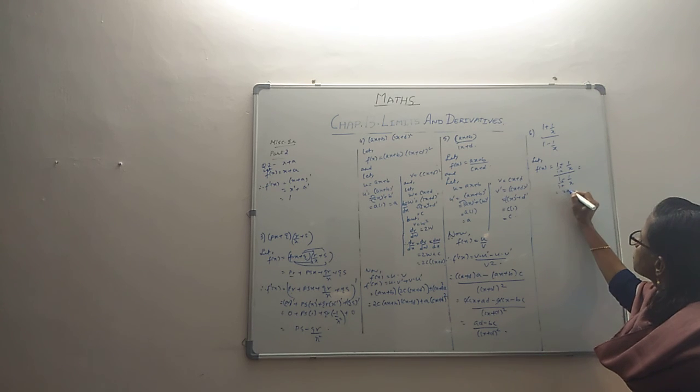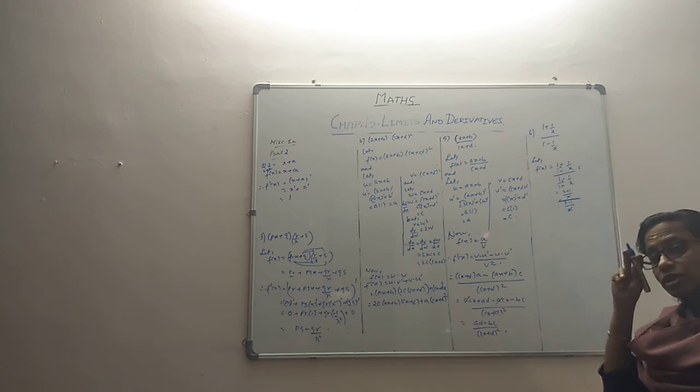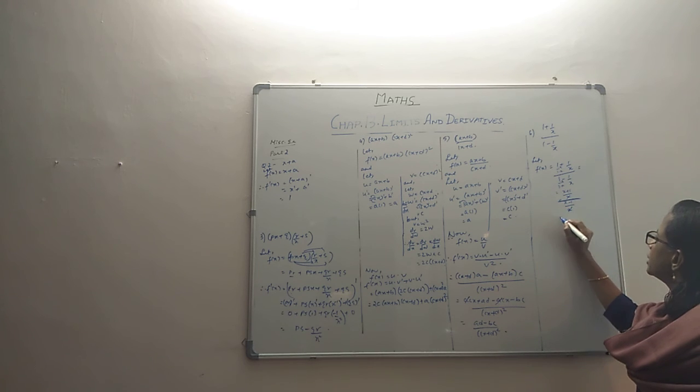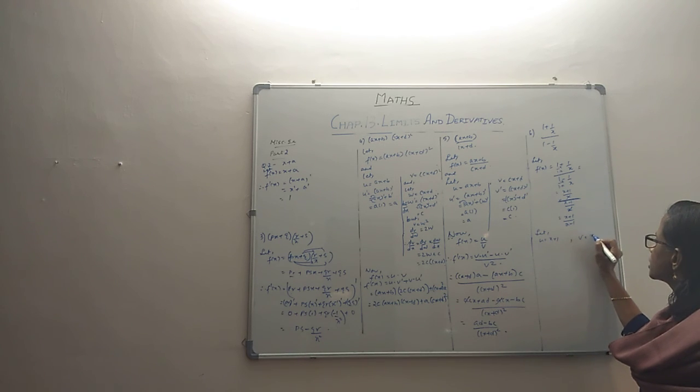So what we will get over here? It is x plus 1 whole by x, then x minus 1 whole by x. We have learnt that if there is fraction by fraction, then numerator to numerator and denominator to denominator get cancelled. So like that this is cancelling. We are left with the function x plus 1 by x minus 1, which is u by v for us. Always we resort to u by v. Let u be x plus 1 and v be x minus 1.